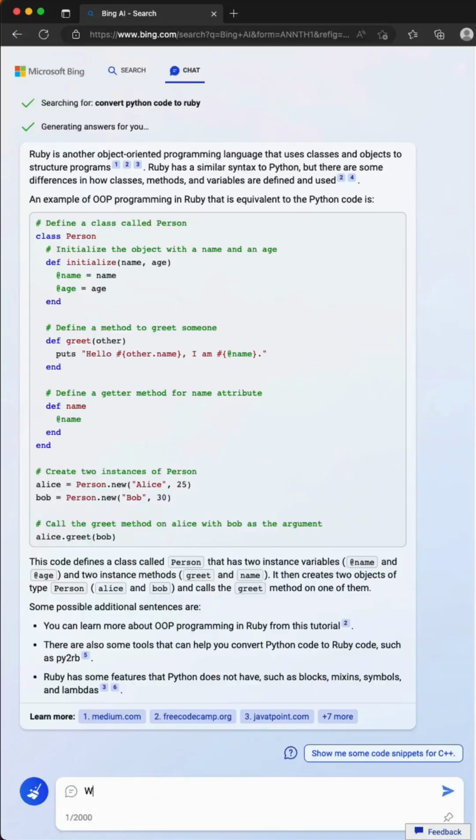Some of the things I noticed was that it was throwing in some comments in there to talk about what it's doing, along with some descriptions around there. Pretty cool for people that are learning the programming language. But I noticed it was using def name on there, and there's better ways to do that in Ruby. So I told it, hey, get rid of the public method for name and see what it does next.